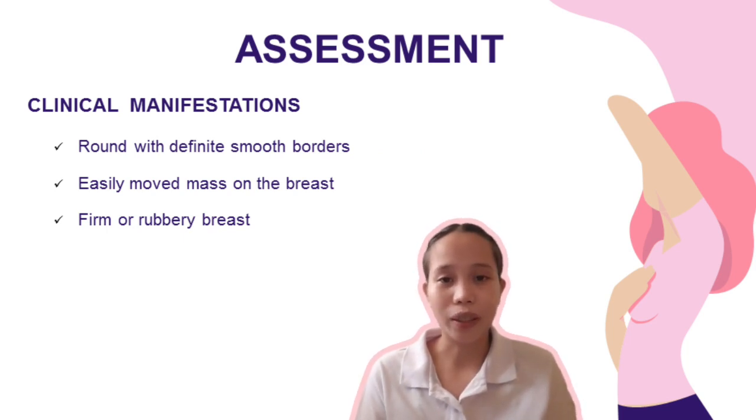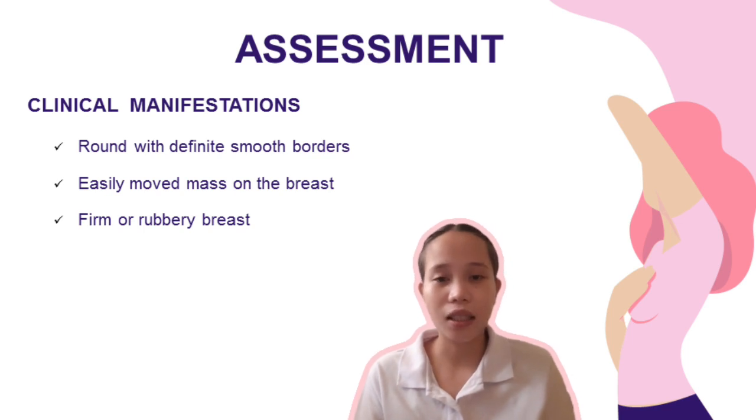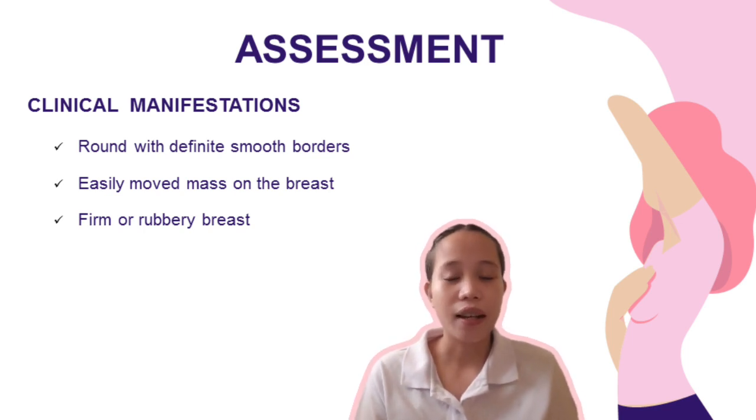It is often round with definite smooth borders, easily moved, and firm or rubbery. A fibroadenoma grows slowly and an average size is 2.5 cm. Generally, a fibroadenoma can increase in size over time and may be tender or cause soreness a few days before the menstrual cycle. You may have a single or more than one fibroadenoma and it can occur in one or